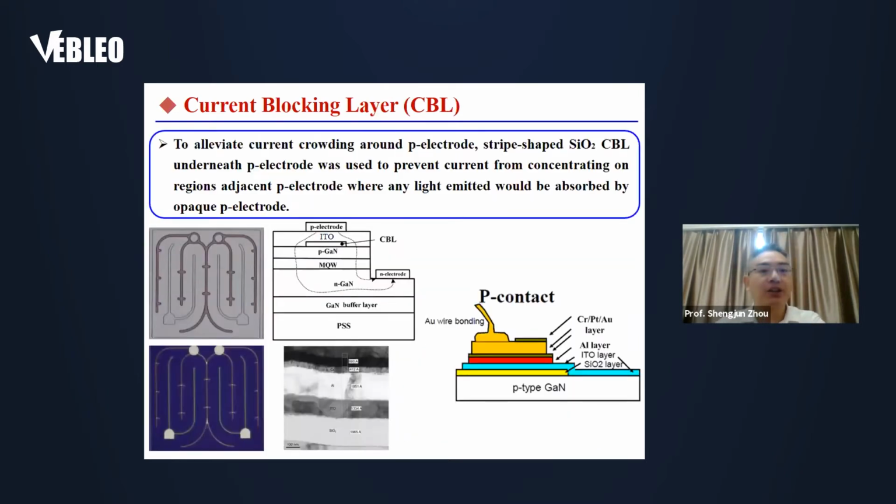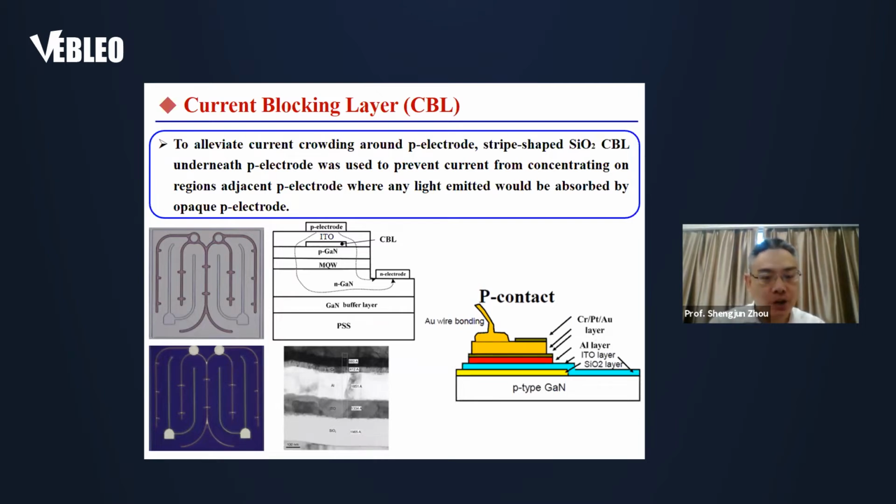To alleviate current crowding around P-type electrode, strip-shaped silicon dioxide current blocking layer underneath P-type electrode was used to prevent current from concentrating on region adjacent P-type electrodes, where any light emitted would be absorbed by